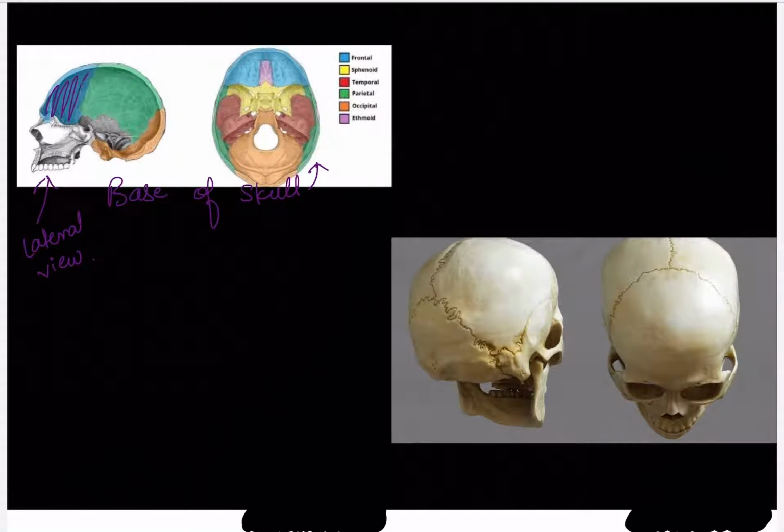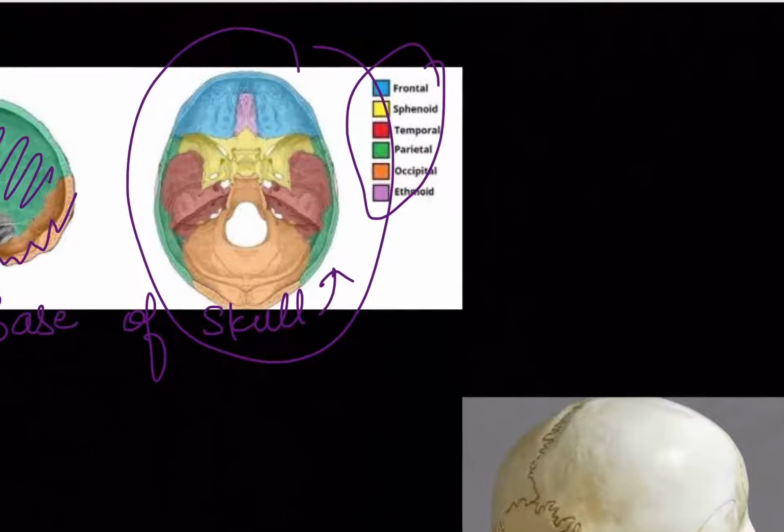This is your frontal bone. This is your parietal bone, and this, the back, is your occipital bone. I am not repeating them, although here you can match the colors and then answer them. Here, this is the main part which we are going to study right now.